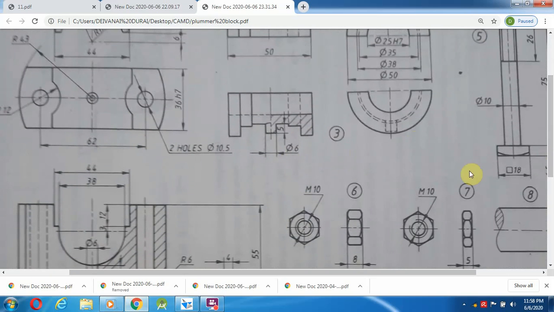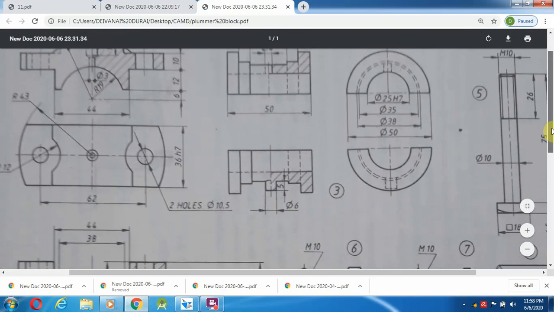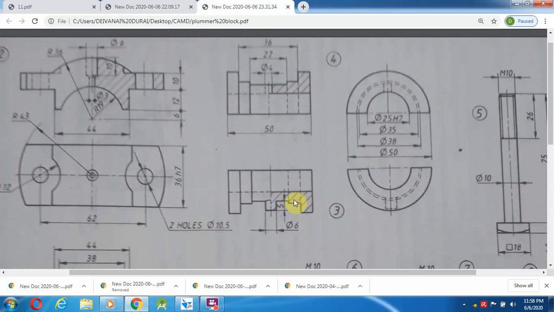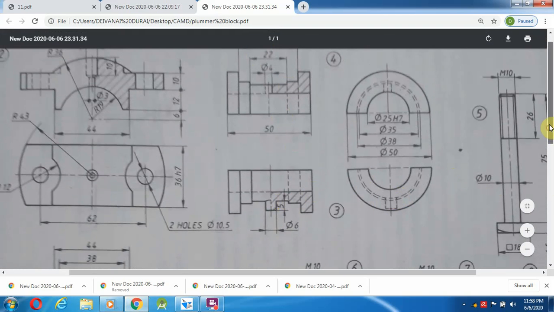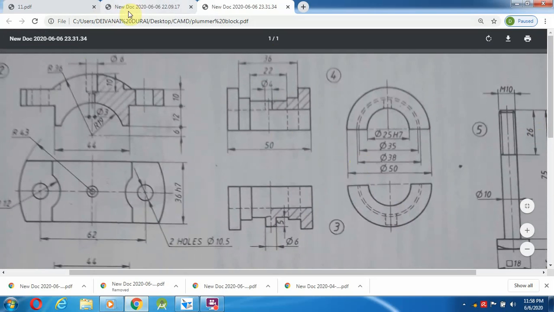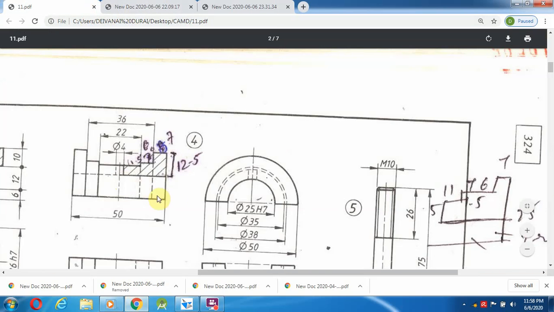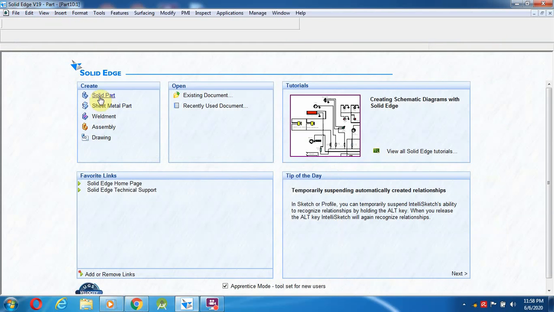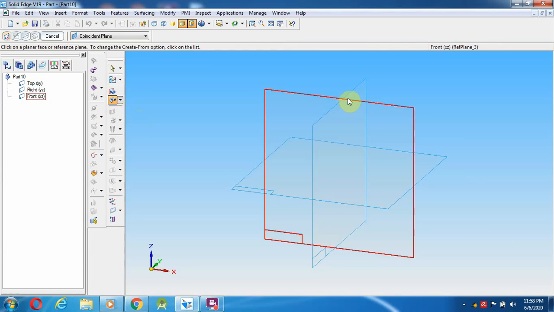So this is the bearing bottom off. Here they have given two views, a sectional front view and a side view. Those lengths remain the same here. This is what they have given, with a 50 mm length. So select the solid part and go to the revolve protrusion command.